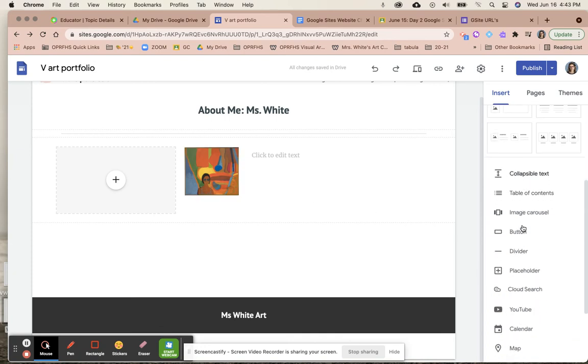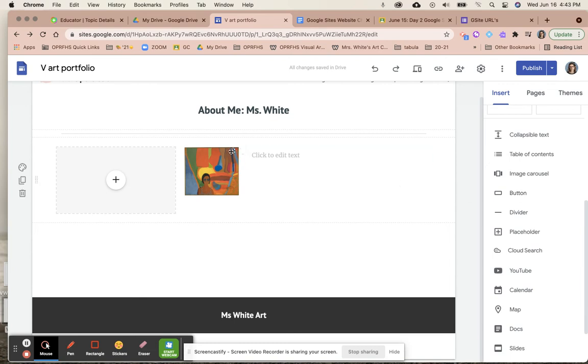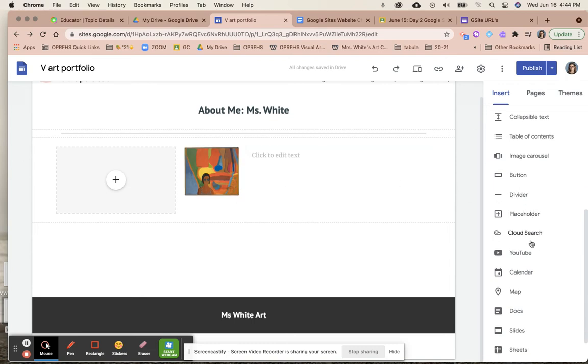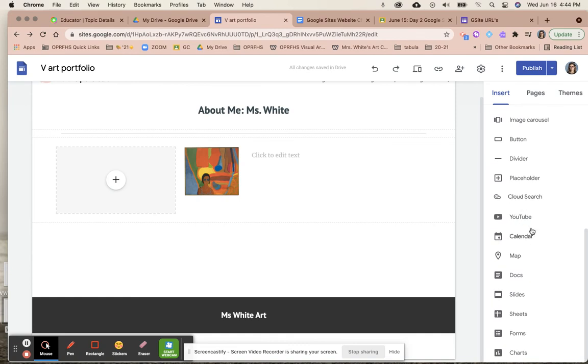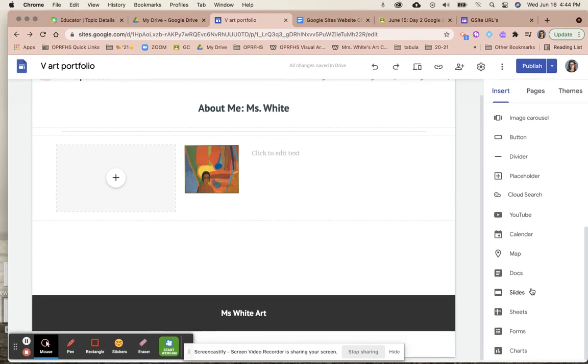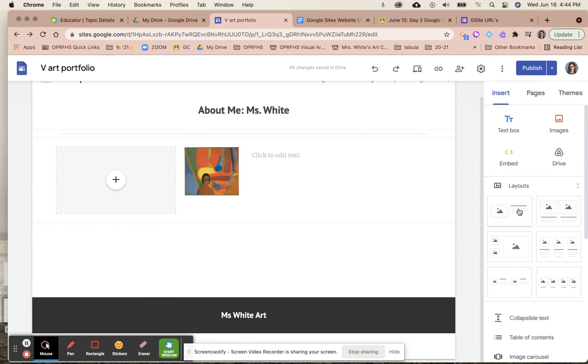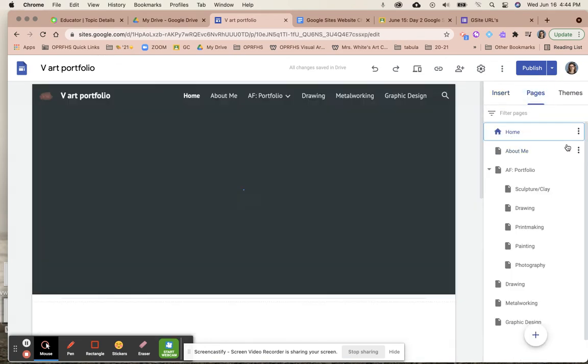You have collapsible text in here, table of contents. You can create buttons that you can push that will link you to other pages. You can put dividers, placeholders. You even have a place to put YouTube videos, maps, docs, forms, all kinds of cool stuff is able to be put in here. And last but not least, if I go back to my home page here,